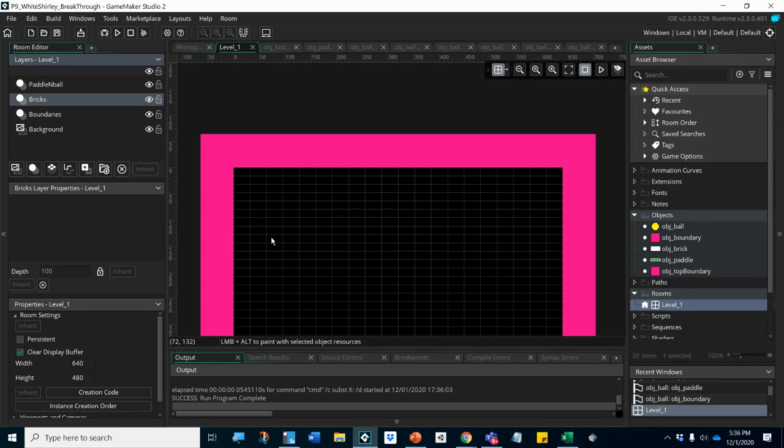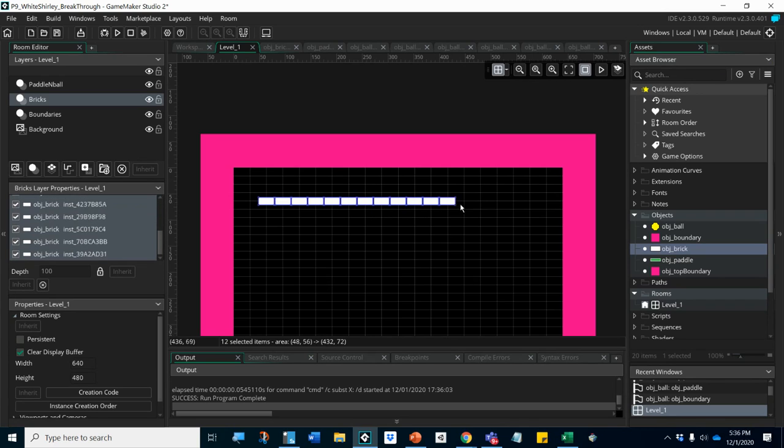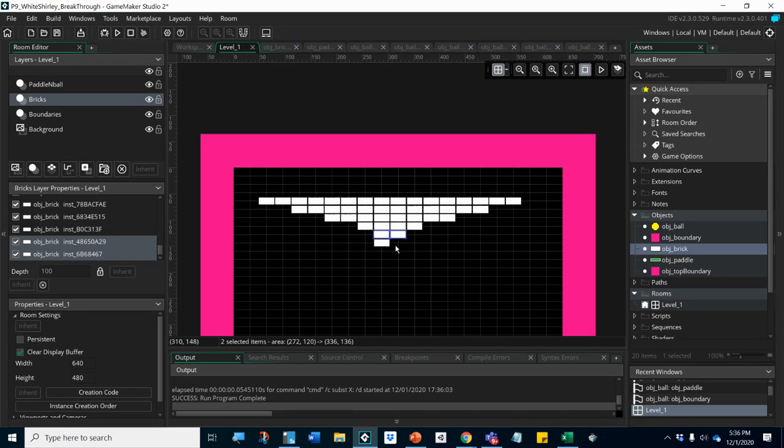I'm going to add some bricks, and then I'm going to speed this up a bit. Okay, so I've made this arrangement, and I'd really like to put a brick in the center here,